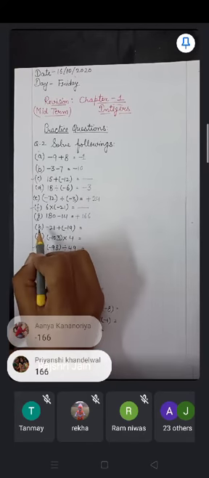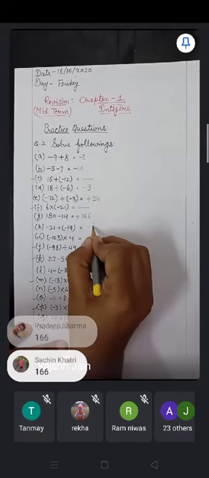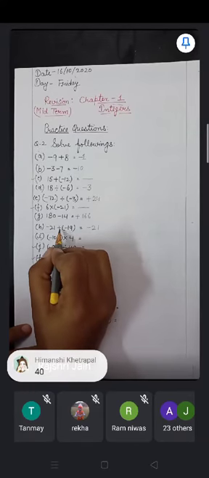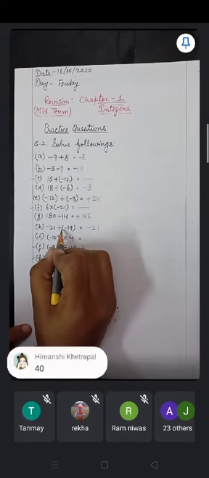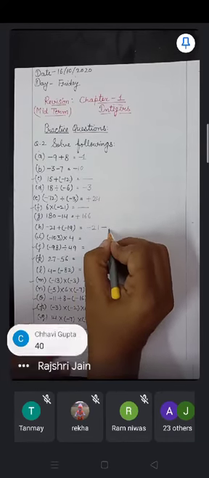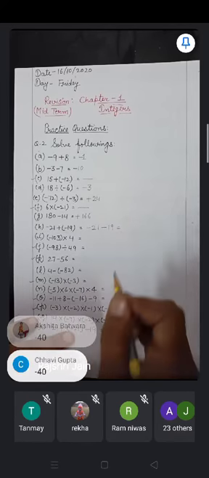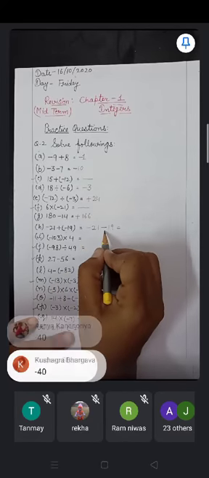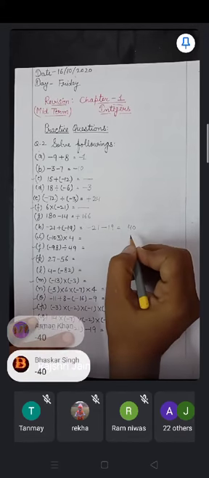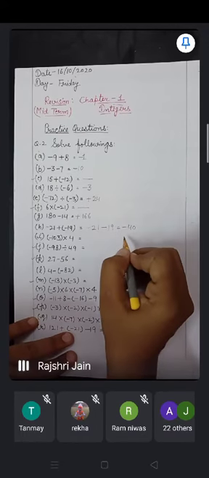Okay. Then H, you can see again a bracket is there. First of all, open the bracket. To open the bracket, we have to multiply this plus sign with this minus sign. So plus will be multiplied with minus, opposite signs get multiplied, then it will be negative. It will not be 40, it will be minus 40. The sign comes of the bigger number, right? Yes. So you can see now both are having same signs, so they will get added, so it will be 40 when I add them. And the number which is bigger, that is 21, is having negative sign, so it will be minus 40.